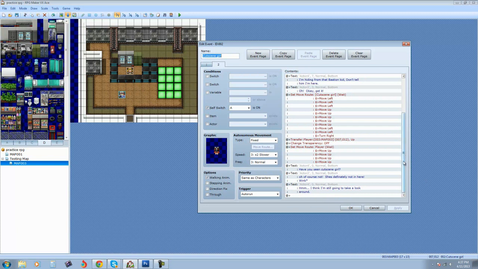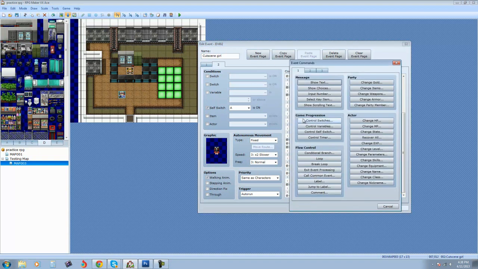Otherwise they'll run off the screen. But anyway, I think I'm still going to take a look around. And what needs to happen here is, this is when the control comes back to the character and he can walk around and the event stops running, okay? So what we need to do here is control a self switch again, or control a regular switch. I've already taught you how to use the control switch, and we'll use a regular switch next, when we find the girl. So for now I'm just going to control self switch B on,